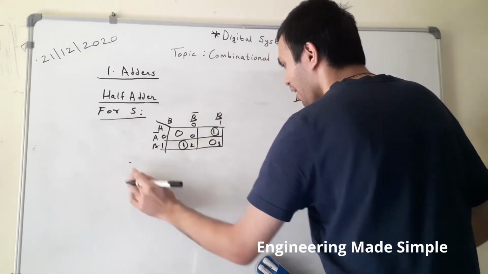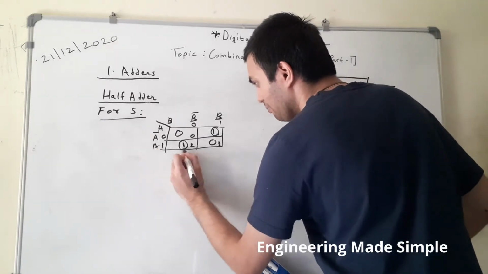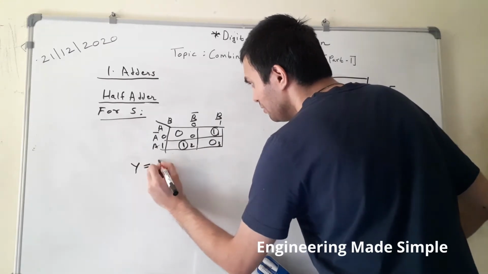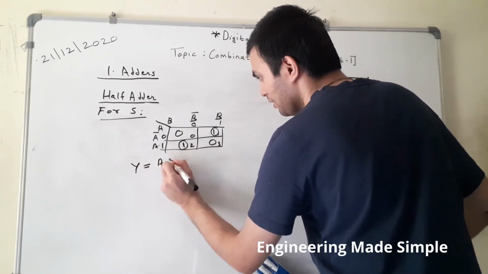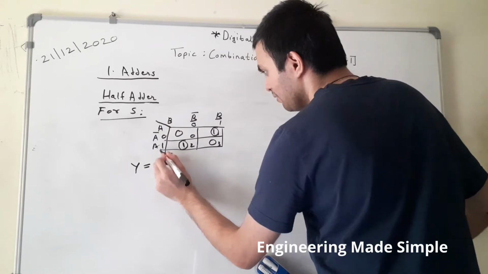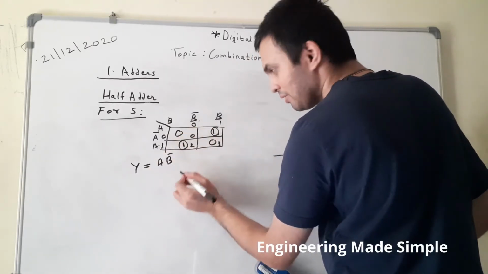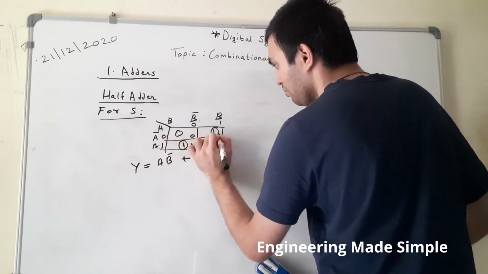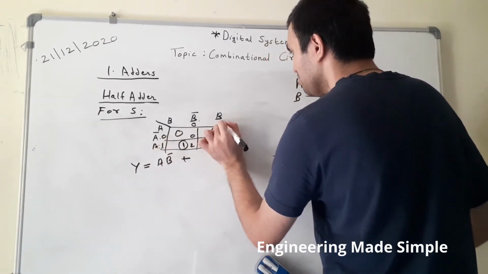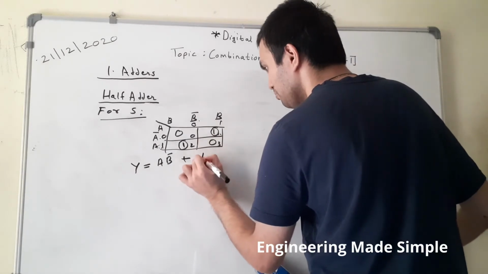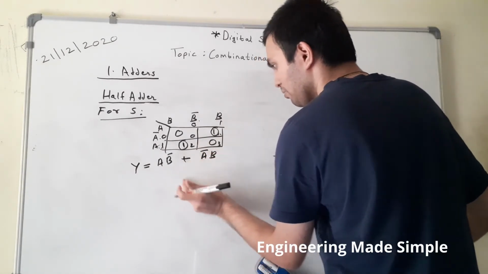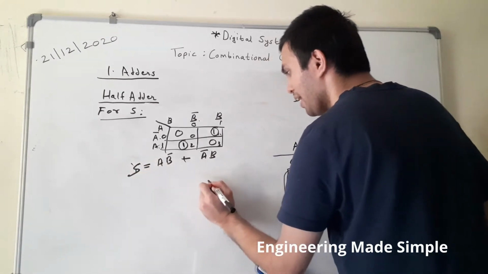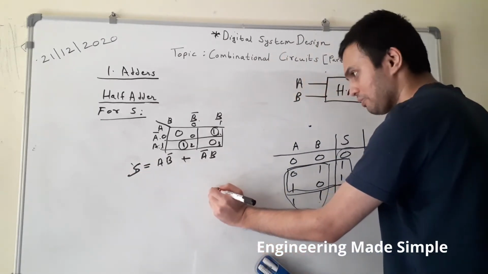By now you know how to solve a K-map. So from this we will read the corresponding input over here. So this is nothing but Y is equal to, this particular section will be AB bar, because this row and this column, and this one is encircled, so this row corresponds to A complement and this column corresponds to B, so this will be A complement B. So the system equation for sum will be AB bar plus A bar B. So this is the system equation for sum.